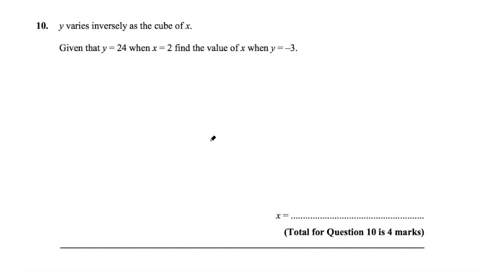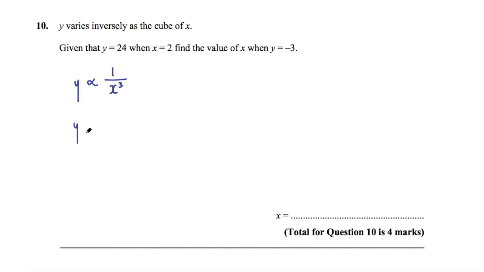Question 10 says y varies inversely as the cube of x. Given that y equals 24 and x equals 2, find the value of x when y equals minus 3. This question is worded slightly differently, but it's basically an inverse proportion question. Usually they might say something like y is inversely proportional to the cube of x, but it still means the same thing. So we can say that y is inversely proportional to x cubed,